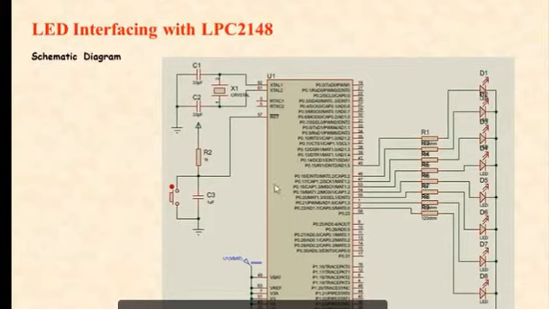For LED interfacing we require a microcontroller, clock, reset, and the battery and ground supply. Without this VBAT the hardware will not work, and then we have to connect LEDs and a resistor. We have to perform this on Proteus.